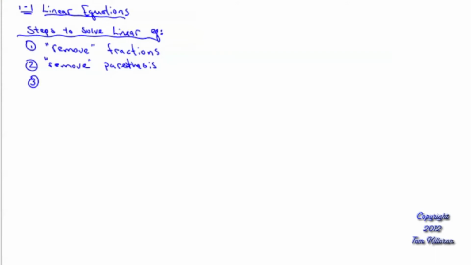Step 3. All right. Oh, by the way, anytime you remove parentheses with the distributive property, your next step is automatically simplify. Combine like terms, bring things together, make it look a little bit nicer. All right. Step number 3, move